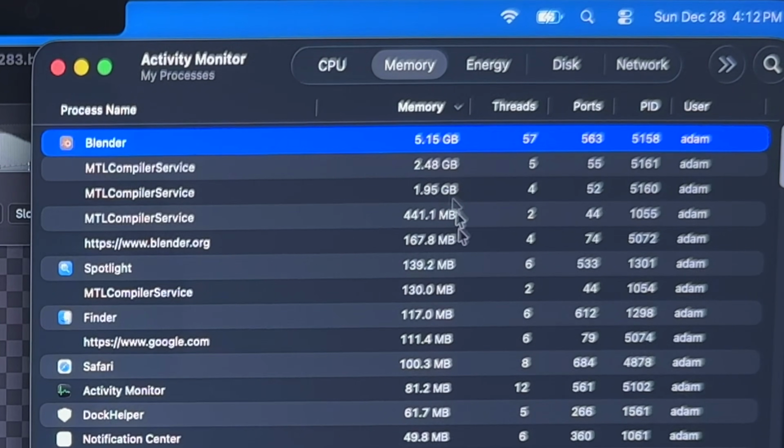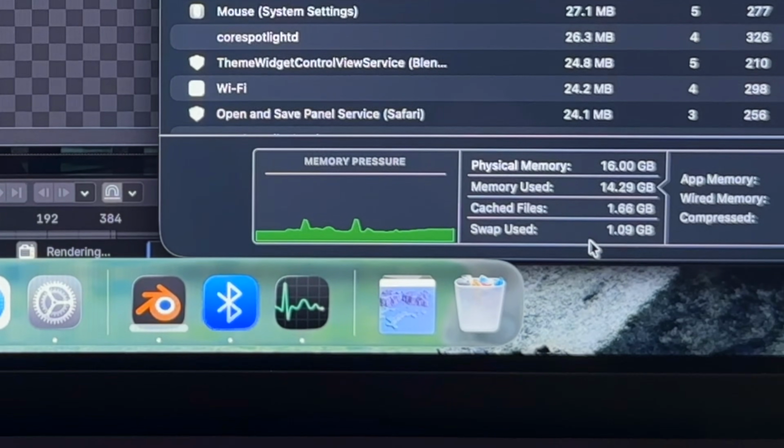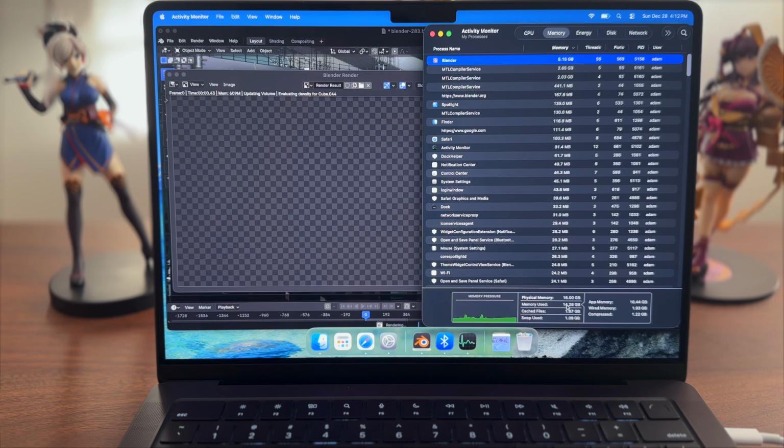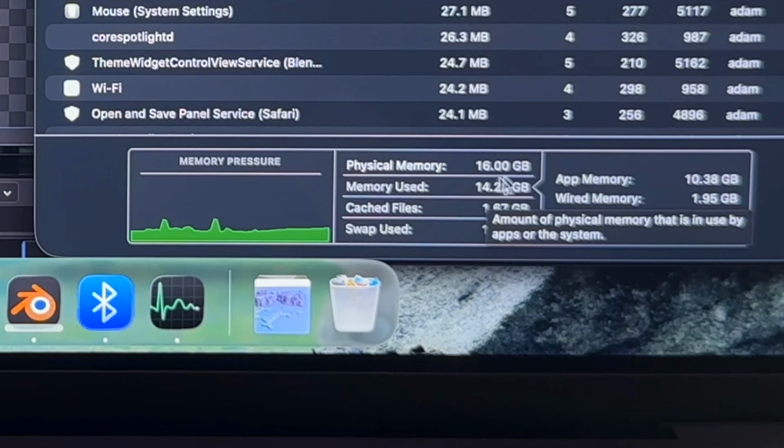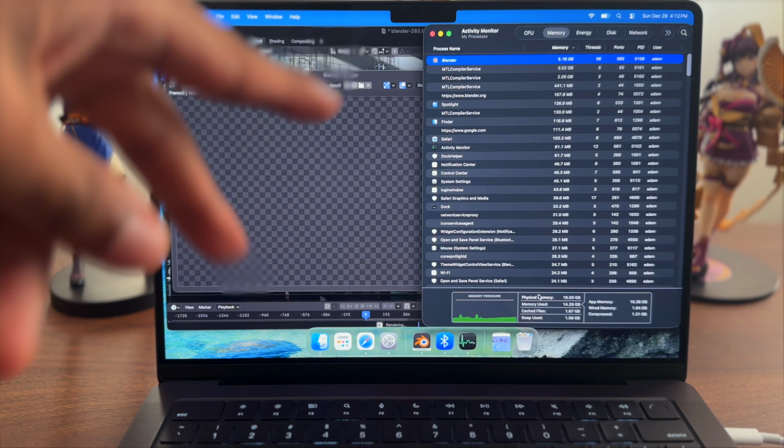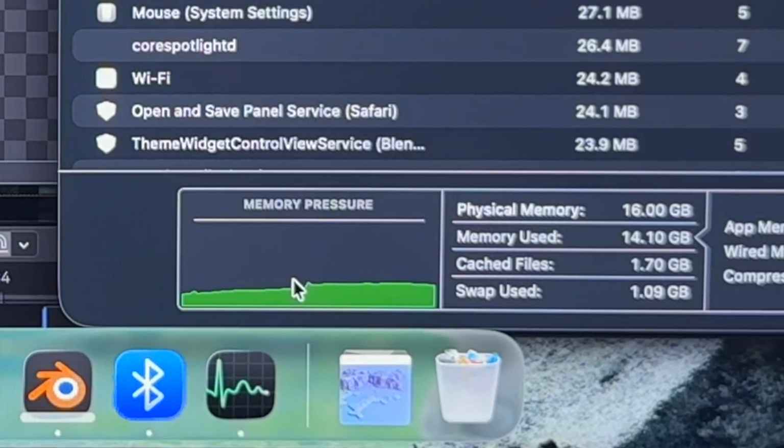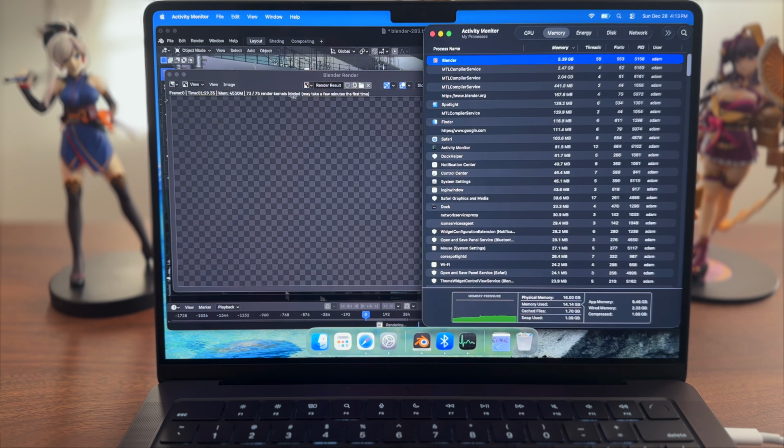So that's for a total of 4 gigabytes. In terms of the swap memory, we are using only 1 gigabyte. In terms of the total memory used, we are using 14 gigabytes. So basically there is free 2 gigabytes ish for the system. But as you can see, it's actually going up, but we are still in the green, and this project is